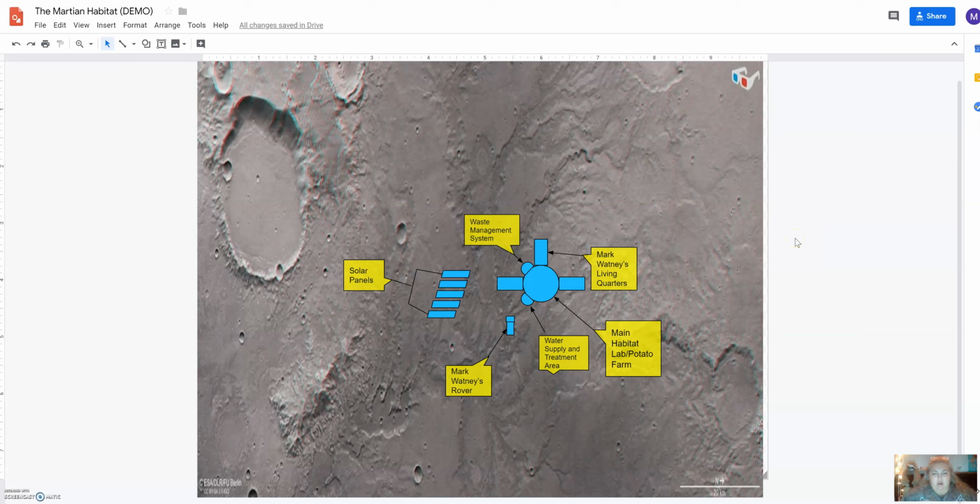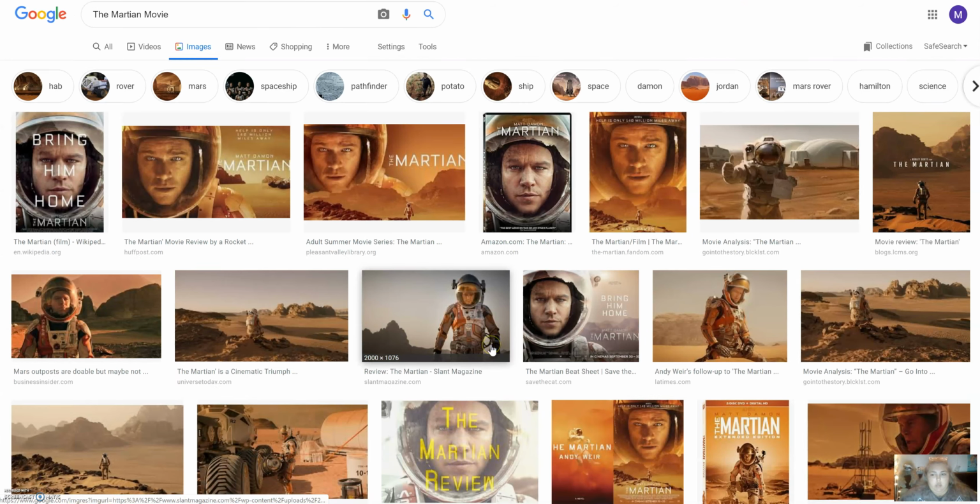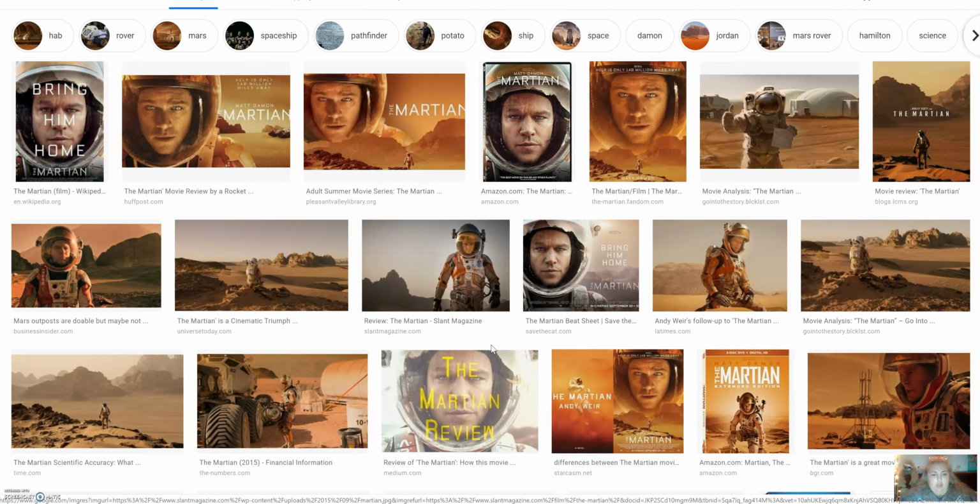But the students could put orange or red or brown, whatever color they want as their background. But I asked them to create like a bird's eye view little area blueprint of how their hab is set up. Now, the first thing my students are going to do is they're going to go to Google, they're going to look up the Martian movie, and they're going to sort of go through these to find,